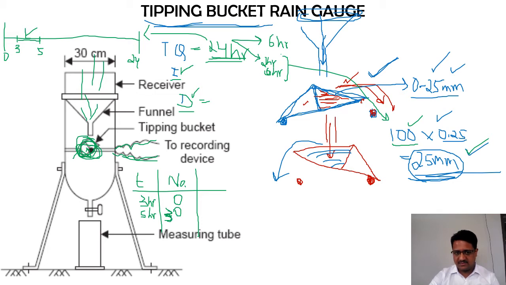Okay, so from 5 hours to let us say 12 hours, I don't have any rainfall, so till this 12 hour my tipping reading is going to be 30 only. It is not going to go more because there is no rainfall. It is not going to go 0 also, because already from 3 hours to 5 hours rainfall has occurred, and because of which the number of tipping is 30. So this 30 is going to remain as it is.